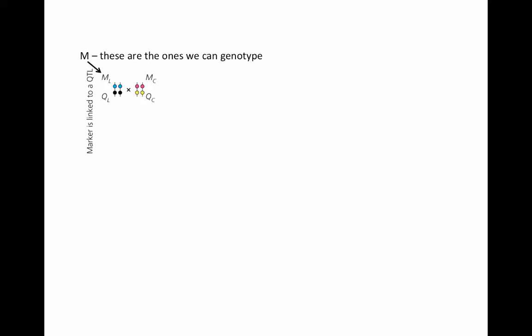So just to remind you, M is the marker alleles. These are the ones that we can genotype. These are the knowns. Q are the QTLs. These are the ones that actually cause the phenotype, but we do not know the genotype. We don't know the location. We don't know anything about them aside from we know that there are QTLs out there that cause differences in